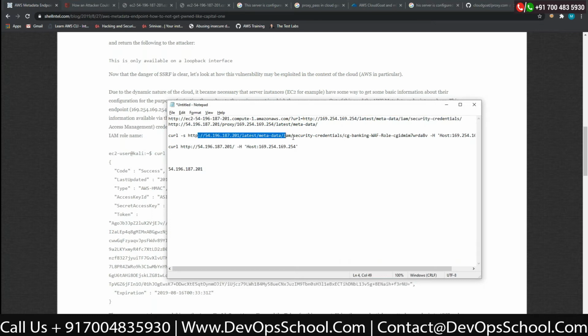So later by searching, I got to know those. So we can get the metadata. Through metadata, we got some profile. Through this profile, I got the